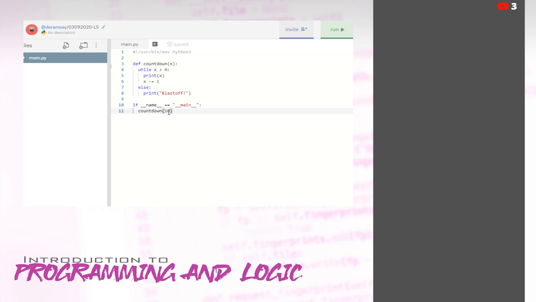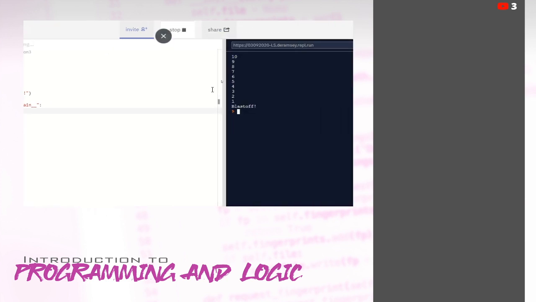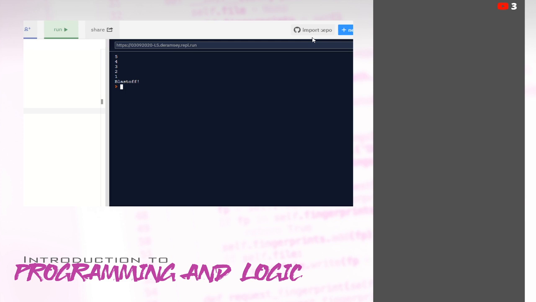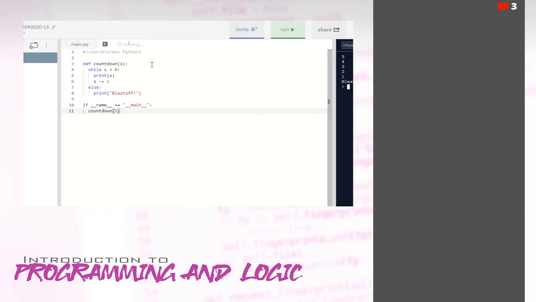And whatever we put in as our argument here is going to change our countdown accordingly. And you might think, well, why can't we do that manually? Why can't we just type all that out? And you can, right? You could type in 10 print statements. But what I want you to see here is the efficiency, the effectiveness, the modularity, the flexibility of the way that we've done this here.